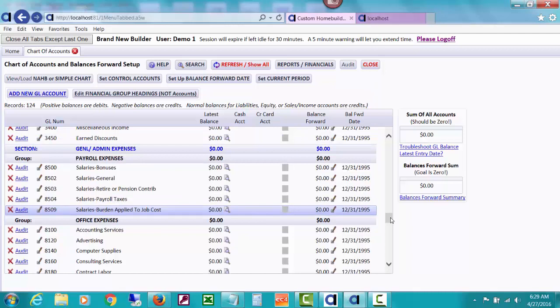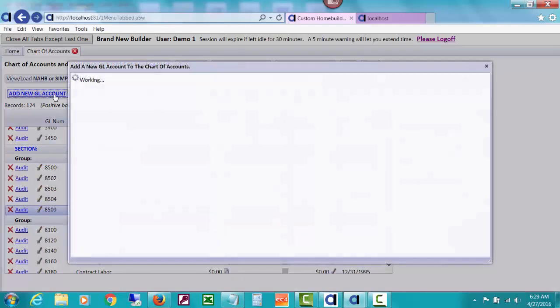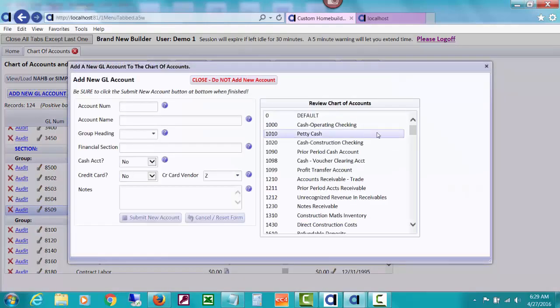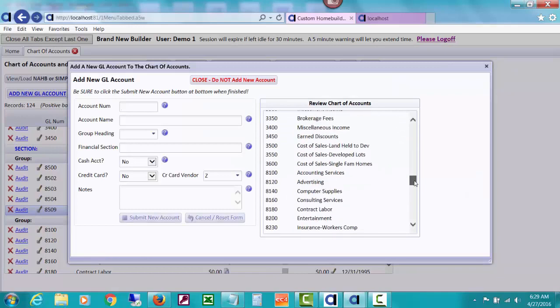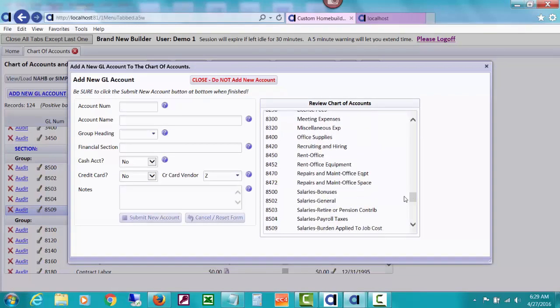But let's say for some reason we want to put salaries owners or something in here. We want to add a new account. So we would look at this 8500, 8502. Maybe we decide on 8501. So let's add a new GL account. You can also review those accounts over here in case you're trying to remember what you're doing and see what account numbers have already been assigned, because you cannot duplicate them. 8501. And let's just call that salaries